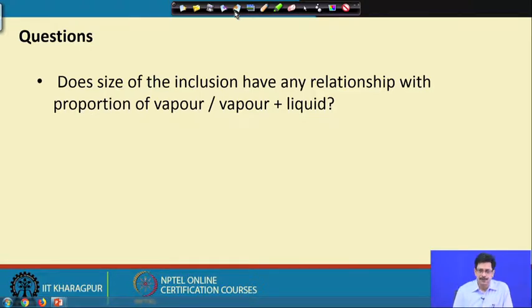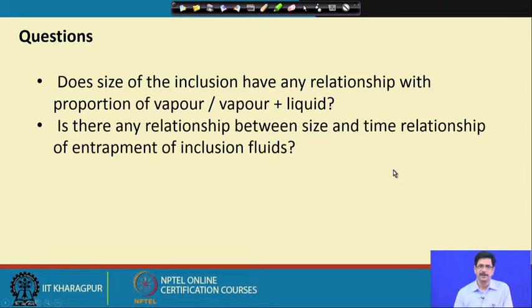So, as we have seen through the various occurrences of the inclusions in various types of host minerals, we find that actually there is not much of a relationship that could be observed between this vapor by vapor plus liquid ratio and the size of the inclusion. That could vary randomly. One large inclusion visibly having a small vapor bubble and a small inclusion with a large vapor bubble might turn out to be the same when we retrieve this parameter systematically from our microthermometric experimental results, which we will discuss, and there does not seem to be much of a relationship.